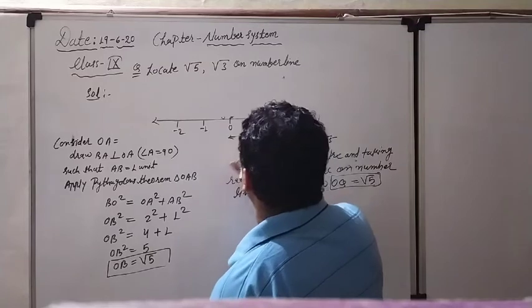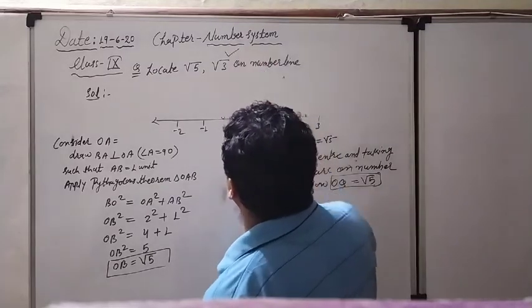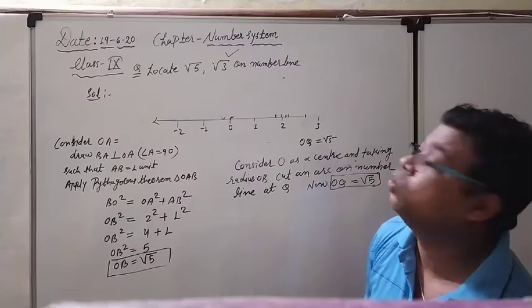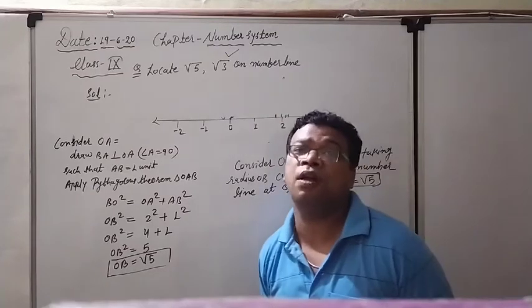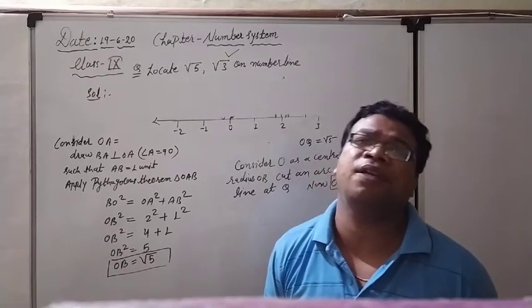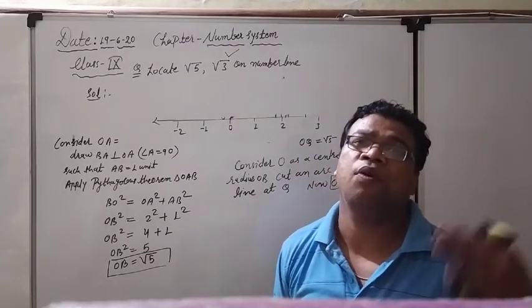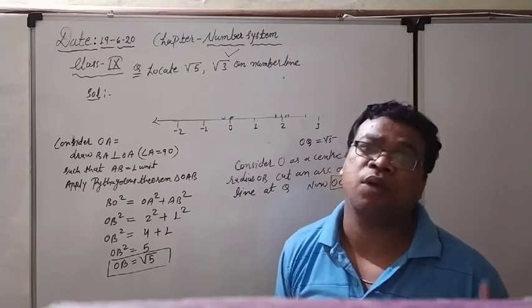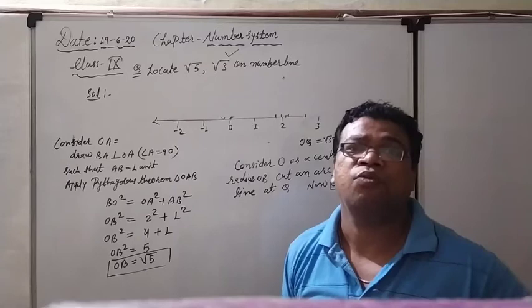What is the case right now? Root 3. We are going for the root 3. So how to represent root 3? First we will go for the root 2. For root 3, first we have to make root 2. We have to just see root 3 is coming before which perfect square. So which perfect square comes before root 3? Perfect square 1 only comes. No other perfect square comes.